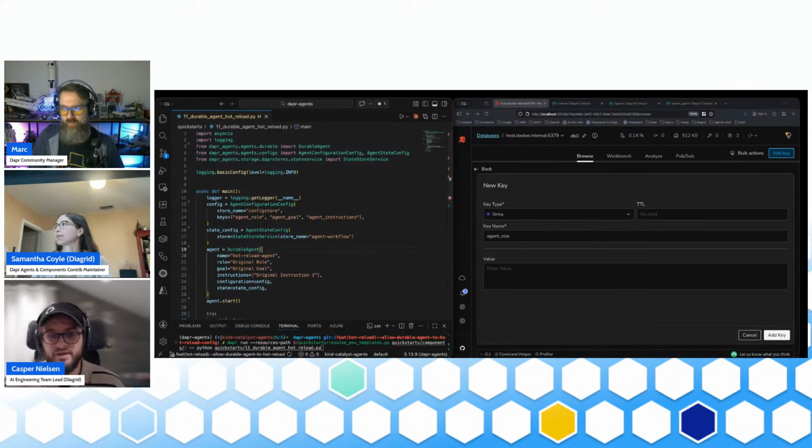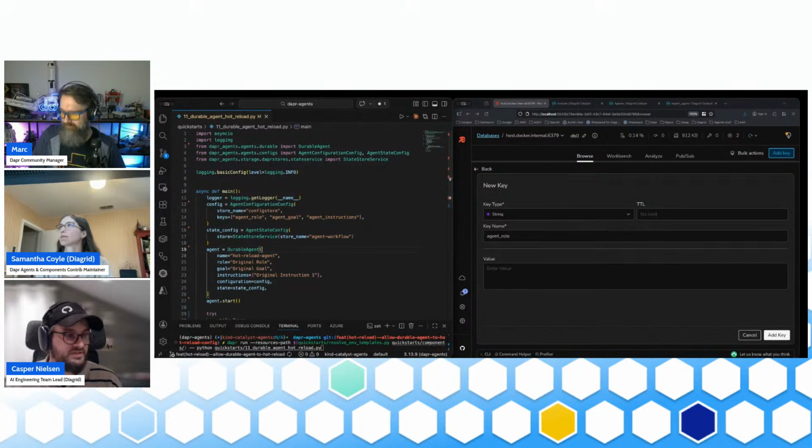We're also allowing loading of environment variables to set the agent, and now we are looking into configuration stores and subscribing to configuration updates, which means that we'll be able to hot reload the agent's configuration while it is running. So one of the new things we've added, and this is very much still in the making, so you're getting a glimpse of what we're working on to put into 1.0, is to be able to pass an agent's configuration config, just like we can pass state configs into an agent,